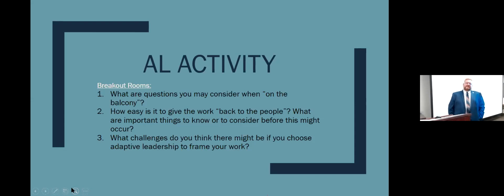Protecting those leadership voices from below is something that often we take for granted, and we don't take the time to invest in people. Sometimes we invest in other things, but we forget that people are a big component of change and of the changes that we're making. And so not everyone is willing to come forward and tell you that they're not being heard or that they have concerns. Sometimes it takes you as a leader getting back up on the balcony and inviting people up with you to see the broader picture, to get their perspectives.